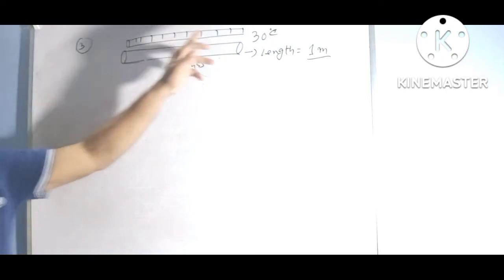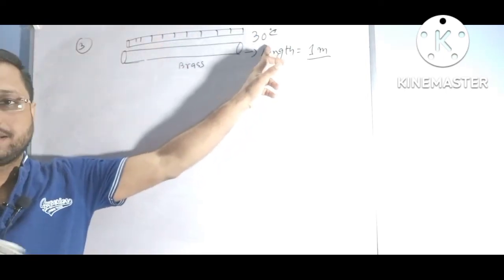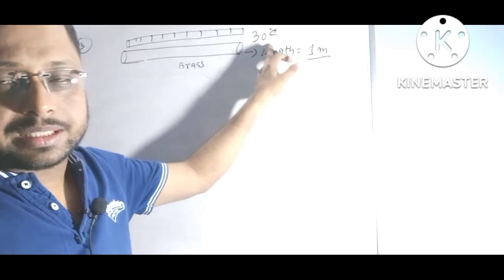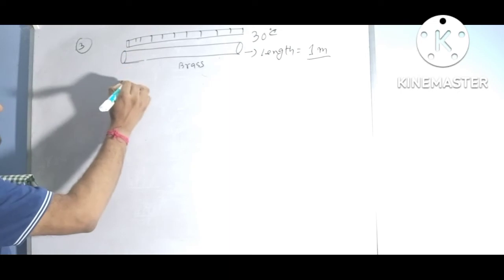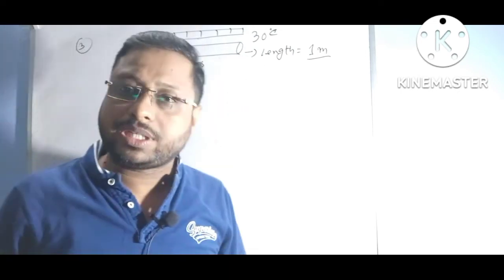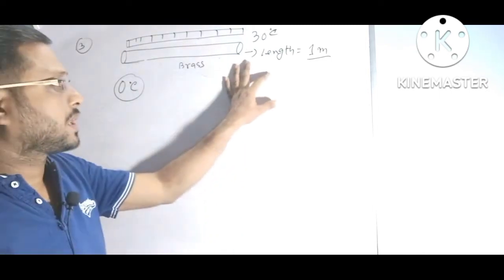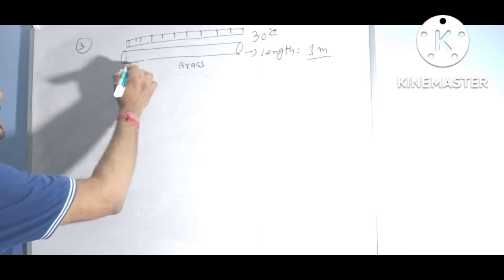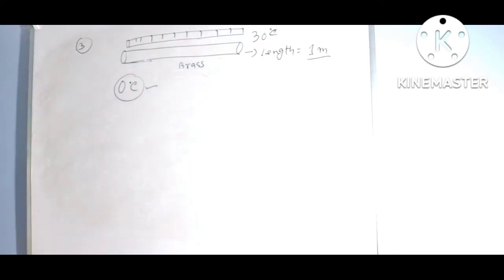But the scale is not correct at 30 degree centigrade. It can be said in the question that the scale is correct at 0 degree centigrade. That is, when the length of brass rod is measured at 0 degree centigrade, it will give accurate result. So what will be the length of brass rod at 0 degree centigrade? देखिए क्वेश्चन को समझिए पूरे।